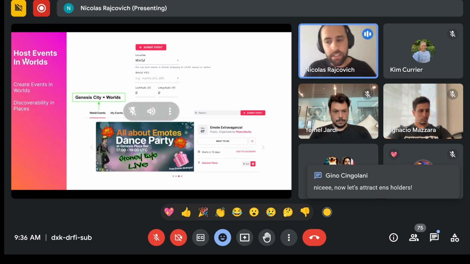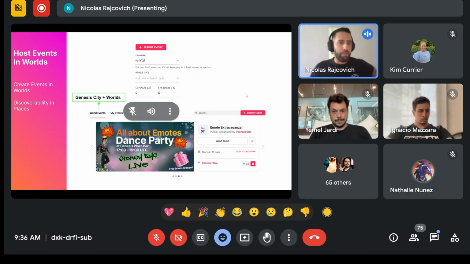A few more updates, and I'm about to wrap it up. We're going to also make it possible to host events in Worlds. Currently, on the events page, you can create a new event, but you only have the possibility to put the coordinates because it's only meant for LAND.